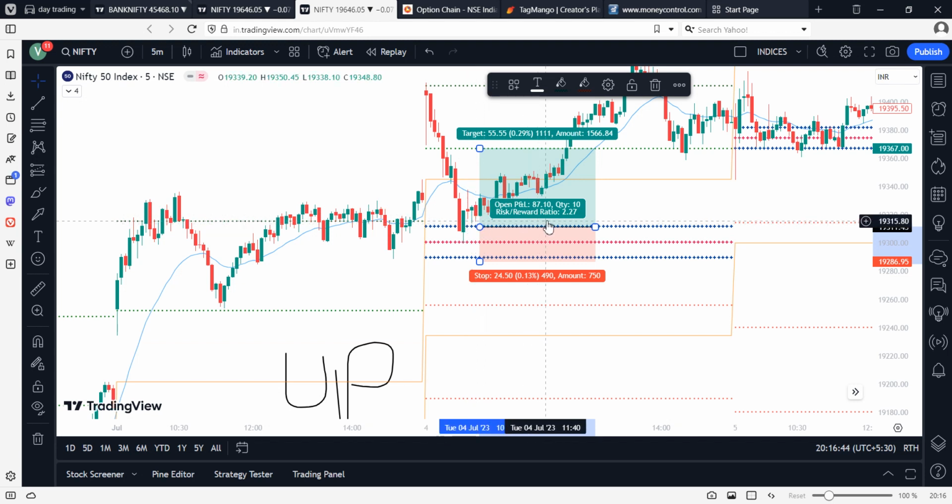So your order gets executed, and the risk reward here is around 2.27. You can take 1 is to 2 risk reward minimum. On this day your trade is a success. See, you are trading this strategy with one lot. Assume one lot for